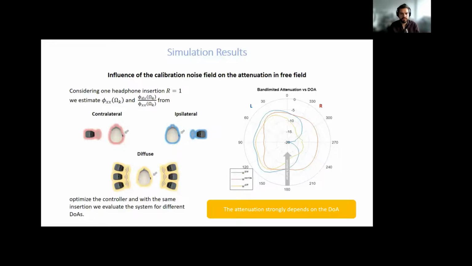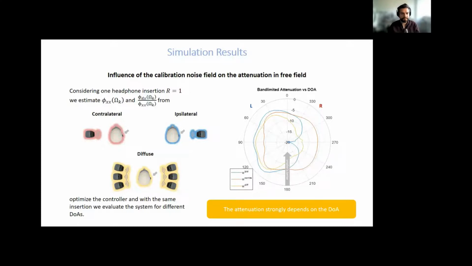Using the same headphone insertion, we evaluated the system for white noise coming from different DOAs in free field. On the polar plot at the right-hand side, we see the results. The controller optimized for the ipsilateral side, shown in blue, shows a large DOA dependency. It achieves minus 20 dBs of attenuation when the DOA matches the one of the calibration sound field. Moreover, it achieves minus 10 dBs for DOAs that extend to plus 45 degrees and minus 65 degrees from the